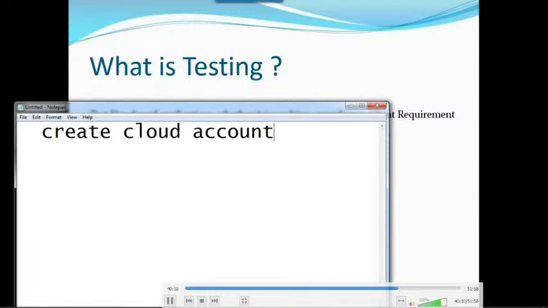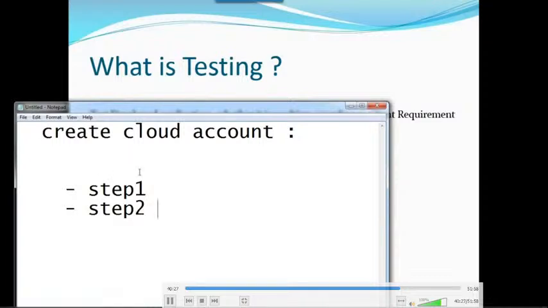This is your task. They will tell you how to create that account. They will give you step one, you follow step one, then step two, then step three.